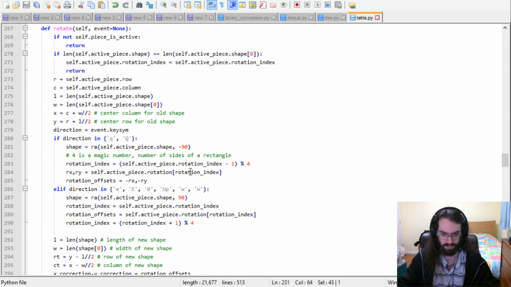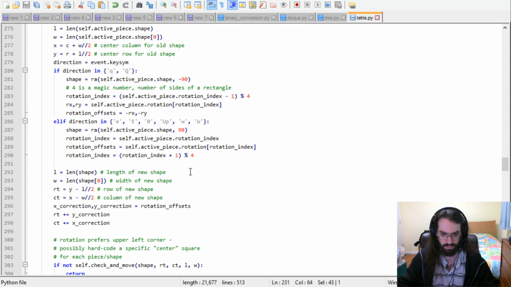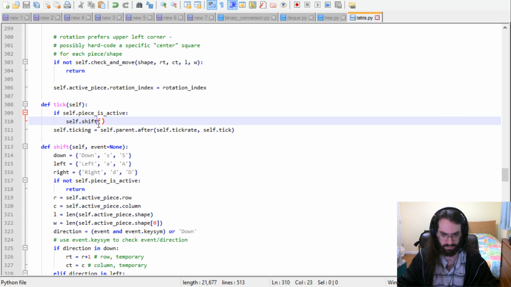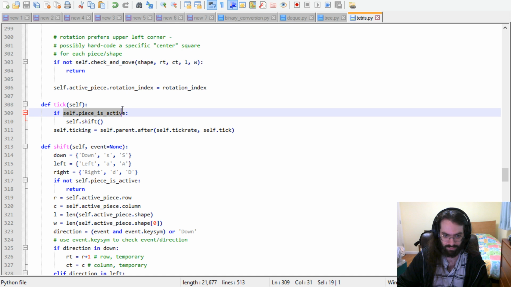Move, check and move, rotate. Nope, it's in the tick. So all tick does is shift and then do it again. So we only want to shift if self.piece is active and we're not rotating. That's active, and